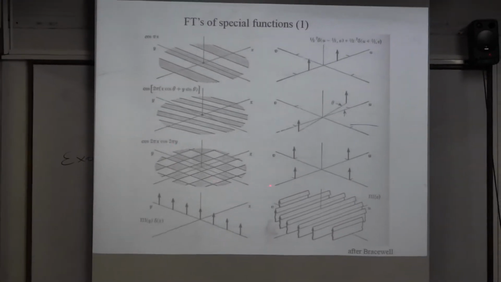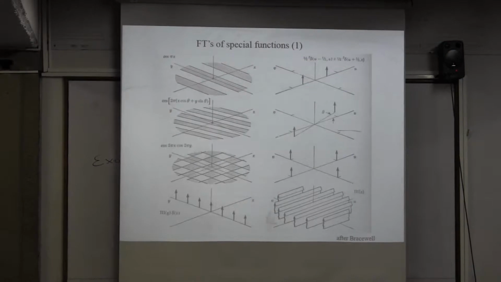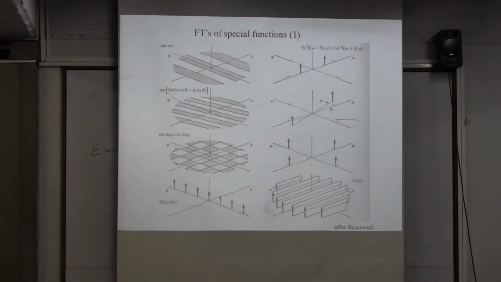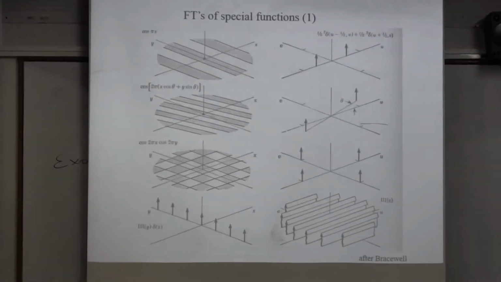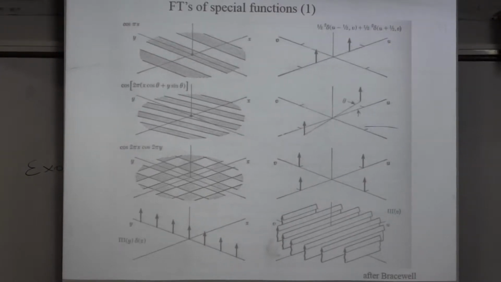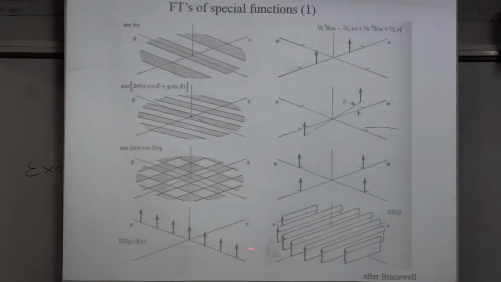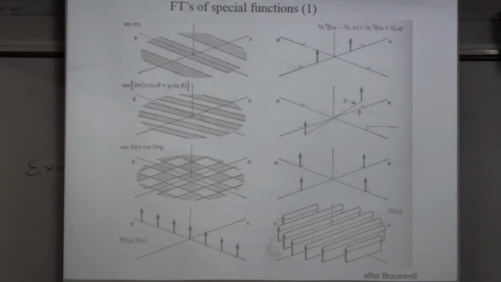You can also understand straight away that you have a cosine times a cosine if I have 4 of these delta functions. So I can make a two-dimensional ripple by having these 4 delta functions. And of course I can also make a comb of delta functions, which are now fences, one-dimensional fences. And of course this thing can also be rotated, and this thing will rotate along.